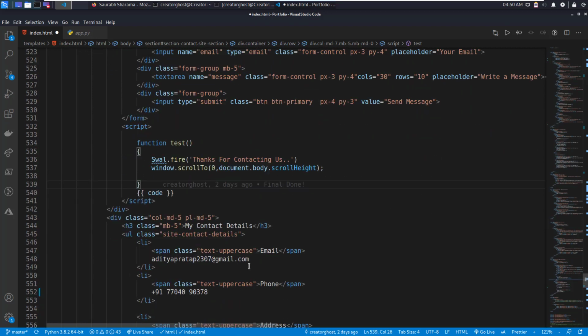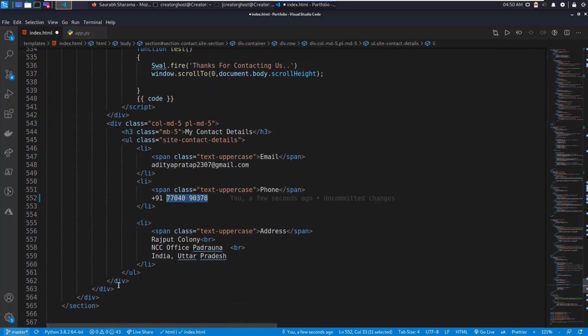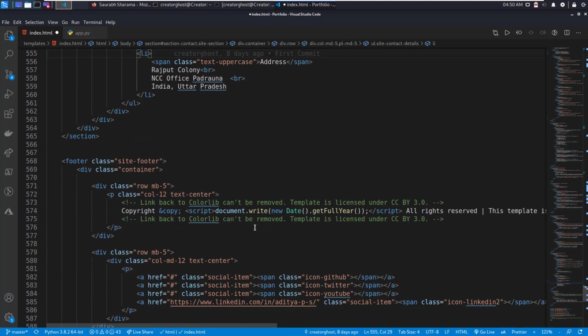Here we have our email address, here we have our phone number. Of course this is not my real phone number, and here is your address. You can edit this to your needs, for your email address and mobile number. If you don't want your mobile number shown on your website, you can delete it, and you can add your address here.